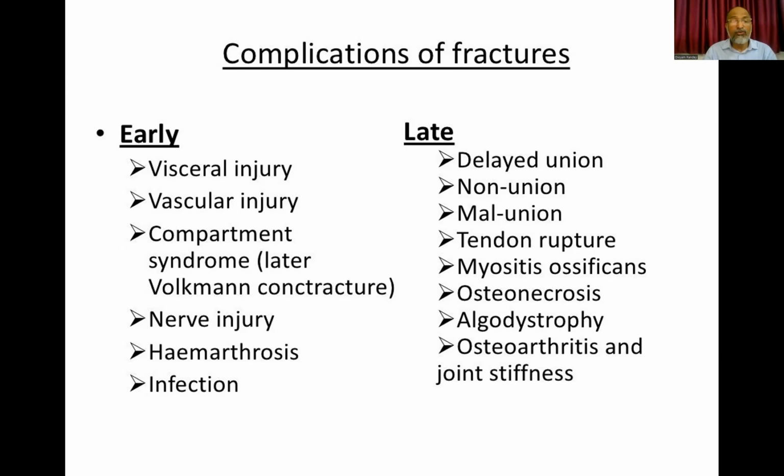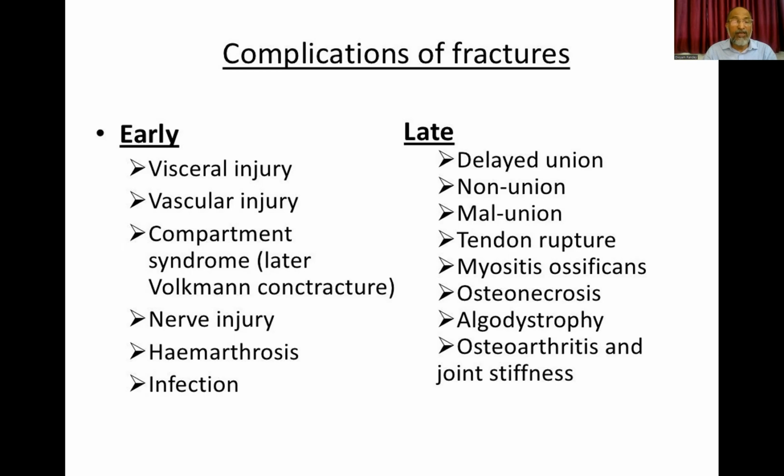Then you have got hemarthrosis. This hemarthrosis usually occurs at places where the joint is involved in the fracture, usually in the knee joints, and sometimes in the fracture of the neck or head of the radius also. You've got a good amount of hemarthrosis. Then the infection can occur early,